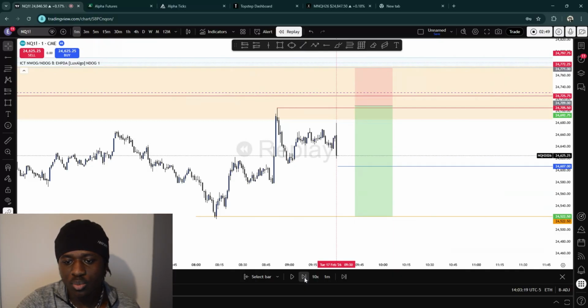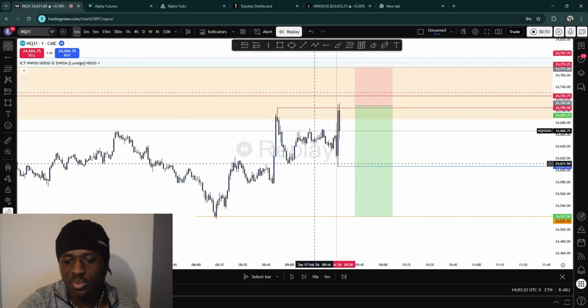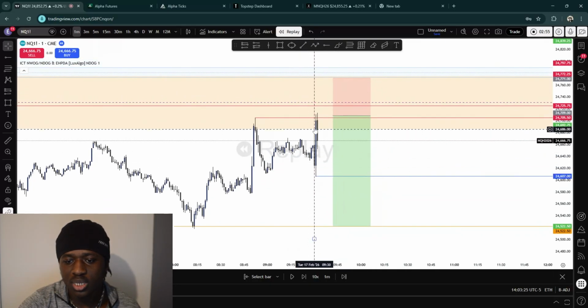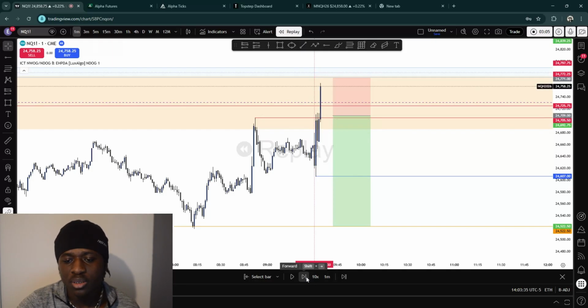So yeah, market opens, we move down, then we sweep this low to manipulate people, we sweep this high, make this first initial move, then basically start pushing higher. I took a long somewhere around here, hit TP on the funded, even though it wasn't a good trade if I'm being honest. Then